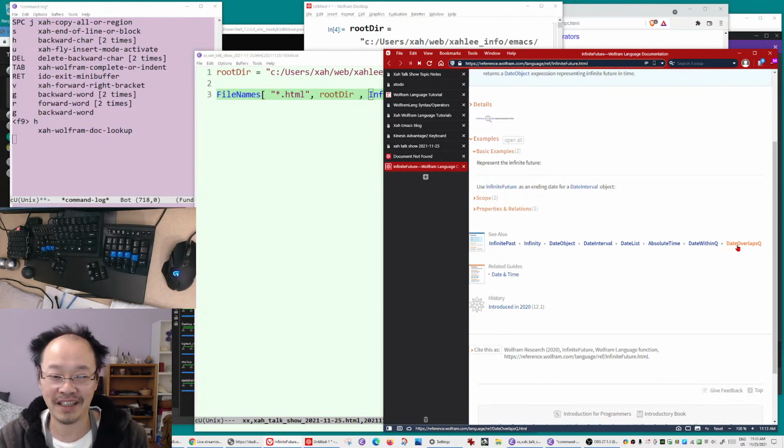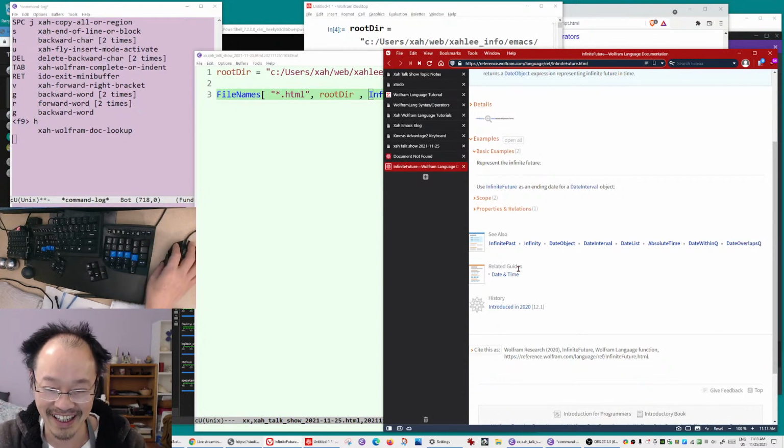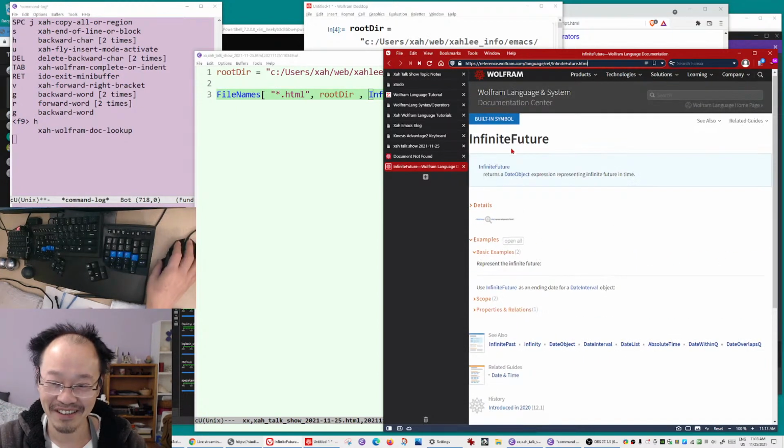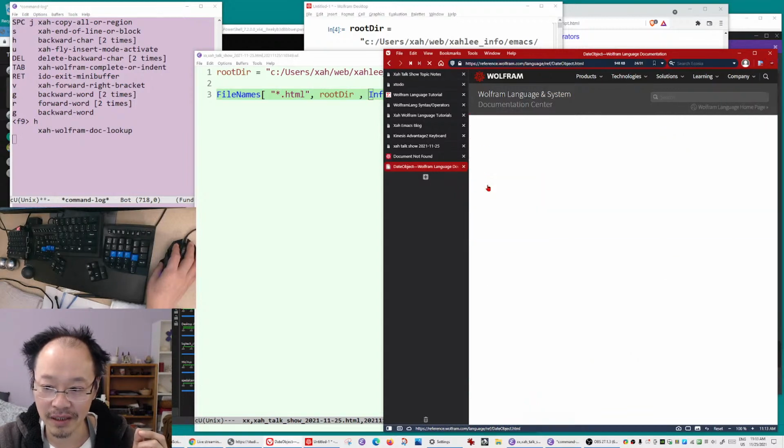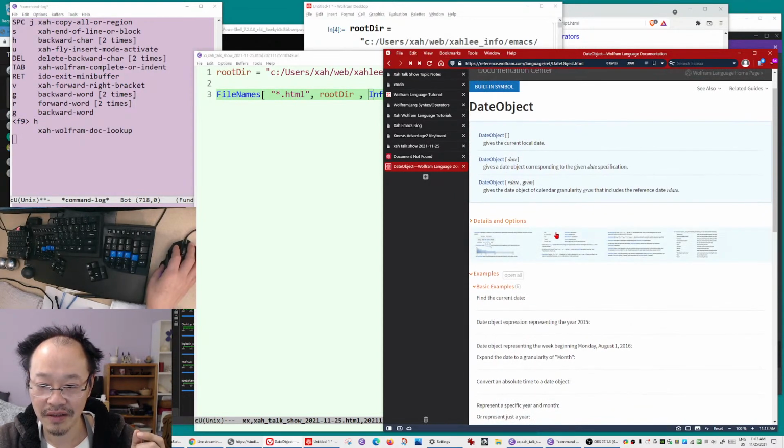That's almost the best they can do, the most advanced thing about date they can do. But in Wolfram language, I tell you, you have infinite future. I can tell you, for example, time: you got date object, time object, date interval. If you click on date object, it can give you, because I was looking at this yesterday,